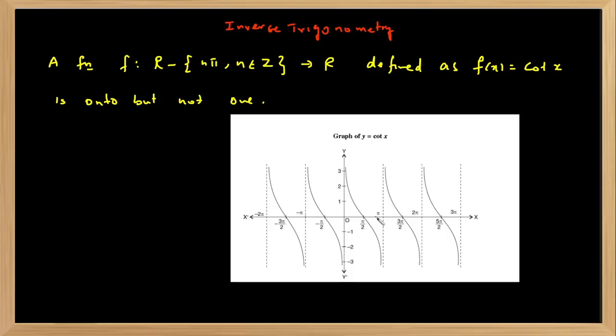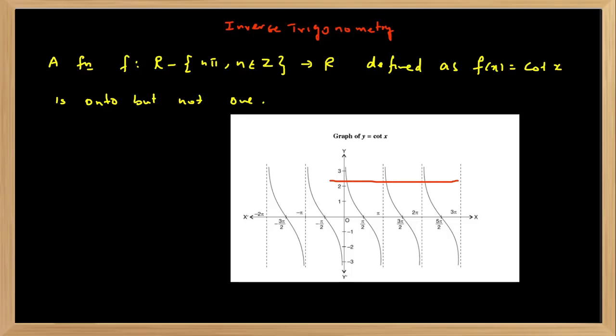Then at 135 degrees, that is pi minus pi by 4, 3 pi by 4, it is minus 1. So you will have a nice idea about its shape, but it is not defined at 0, it is not defined at pi, it is going from minus infinity to infinity. So range is R, which is equal to codomain, so it is onto, but it is not 1-1 because if you draw any horizontal line it will cross the graph at more than 1 point.